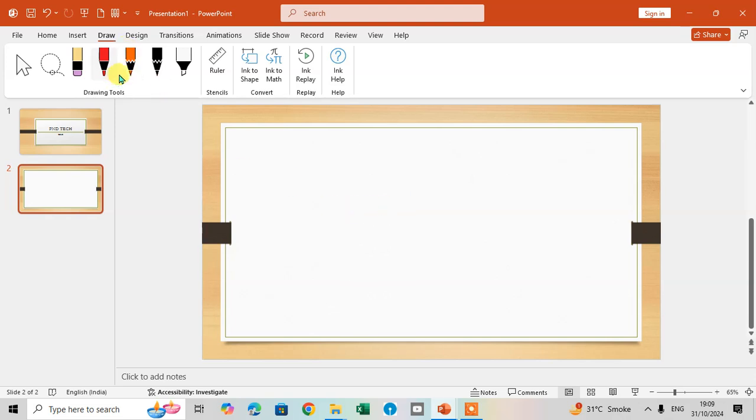Select a paint tool from the Draw tab and then start drawing or annotating directly on your slides. This can be anything: a diagram, underlining the text, or any notes you want to emphasize. Okay, so let's start. I just select this red pen and just draw here P